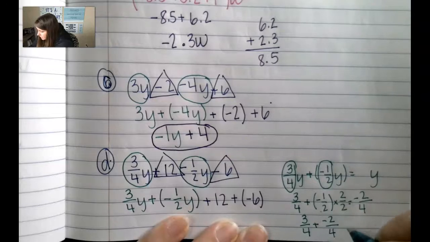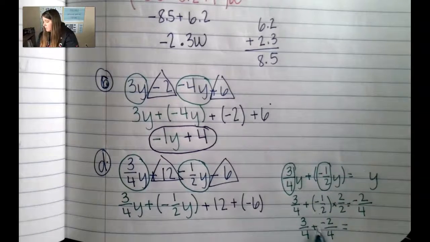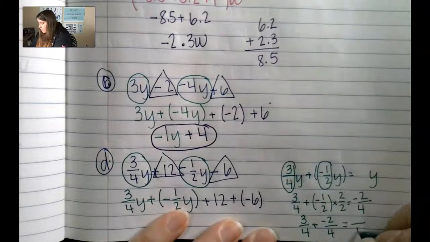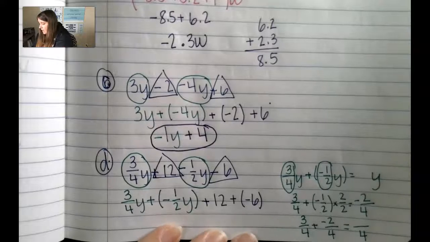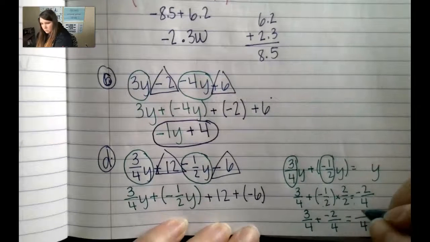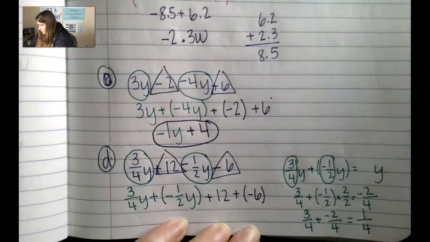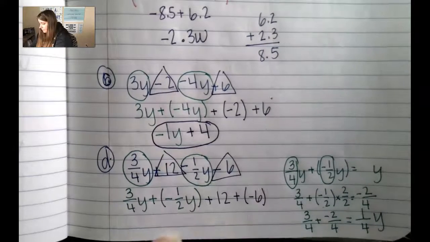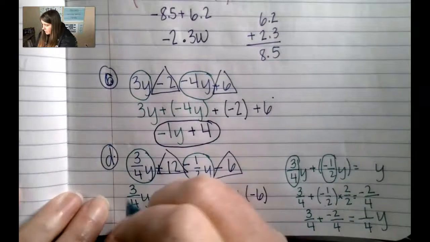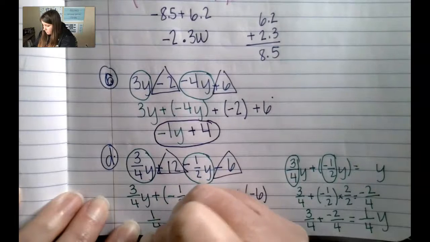And again, I'm only worrying about the top numbers, dragging over that fourth. So now I have 3 plus a negative 2, or 3 minus 2, and that gives me 1/4 y. So my answer here is 1/4 y